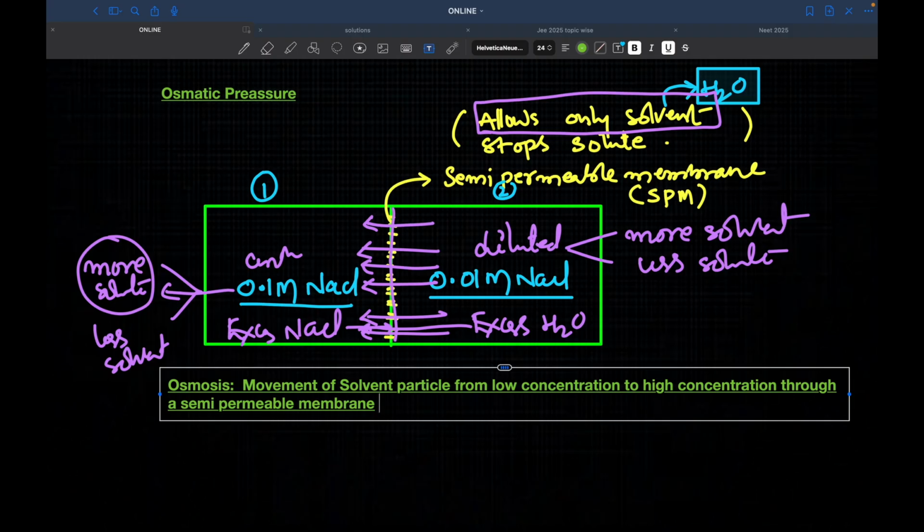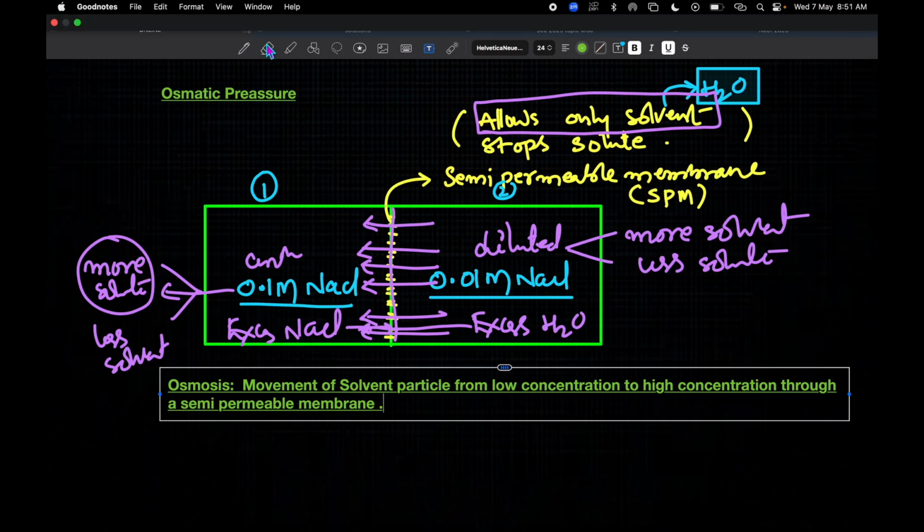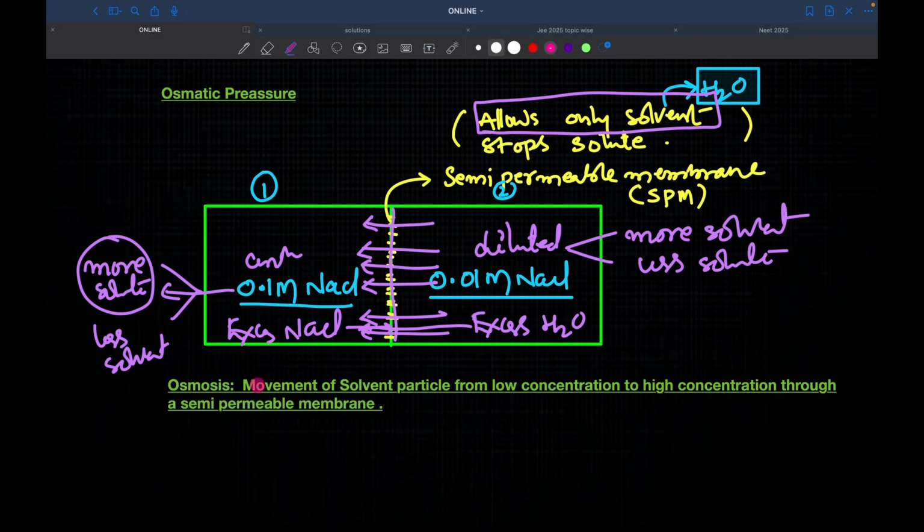This process is called as osmosis. So write down the definition: the movement of particles from low concentration to high concentration through a semi-permeable membrane is called as